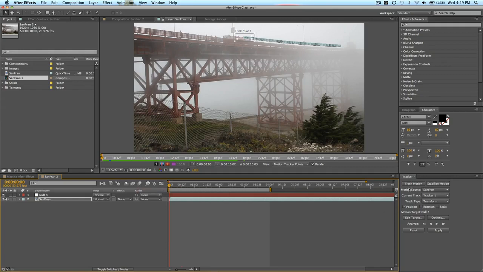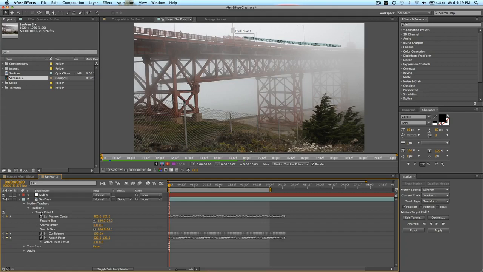So there you have it. You see all these track points, they appear up here in your viewer, and also if you drop down this menu and you drop down motion trackers and then tracker 1 and then track point 1, you can see that it has created keyframes for all these points, and basically it's tracking the motion. I'm going to then press apply,